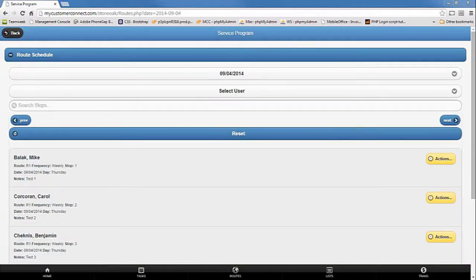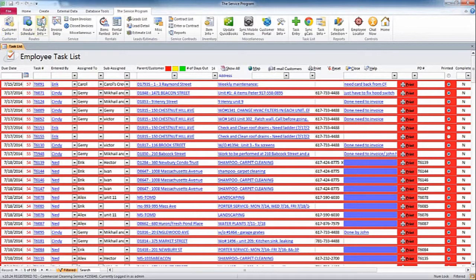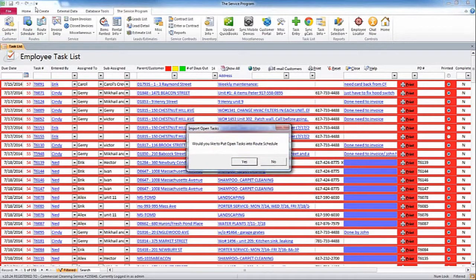It allows us to do is define a crew. Then a crew makes up a route. So you may have like Route 1, but there are 6 guys part of Route 1. 6 guys are part of that crew that goes out to do, let's say, mowing lawns or whatever the scenario is. So in the desktop on the route schedule,